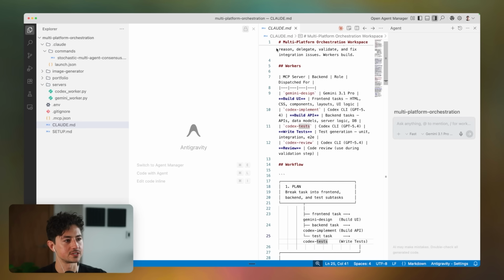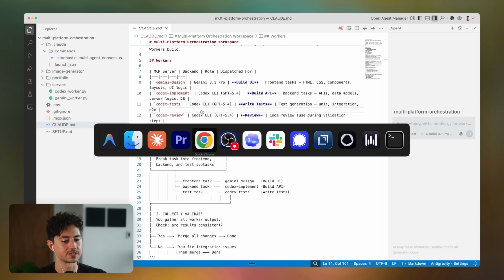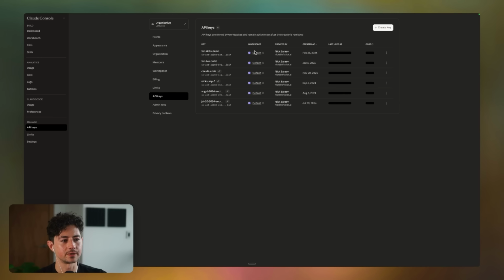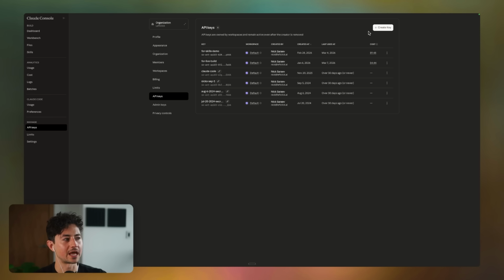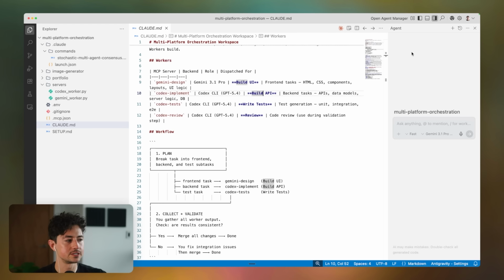I'm going to include this prompt as well as everything else you need in order to do the same thing down below in the description. But in order for this to work, you will, of course, need API keys for various platforms. And in order to get those, you do have to sign up to typically something a little bit different from what we signed up to before. You do typically need to go directly to the platform, create an account, and then set up an API key. So you can see over here, that's what I've done for Claude. And you can also do the same thing for OpenAI and then Gemini. Once you have those keys, you would just give them to whatever model you want to use to be the orchestrator, and then it would set this whole thing up for you and be able to reason and communicate with different models on your behalf.